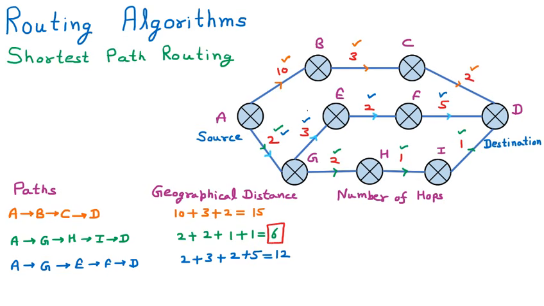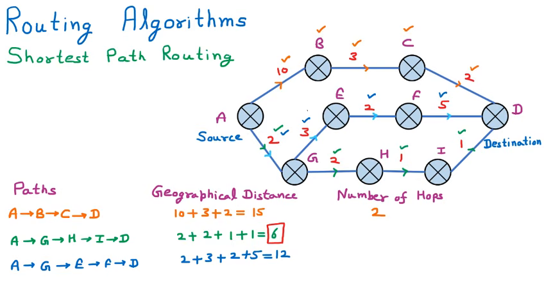Now we are going to find out the number of hops. Number of hops is nothing but the number of routers in between. So if we talk about the path, here you can see that there are 2 routers in between. If we go from A to D, then A, B, C, D. So B and C are the routers which are available. So from the A, B, C, D path, router B is coming and router C is coming. So 2 routers are coming in between. So the number of hops is 2 here.